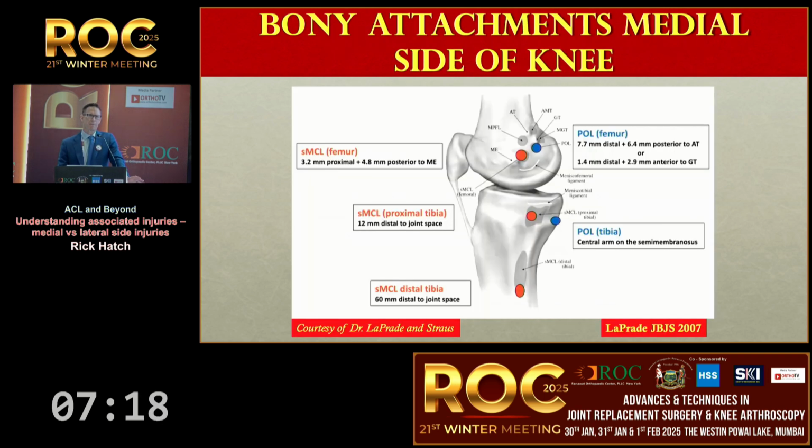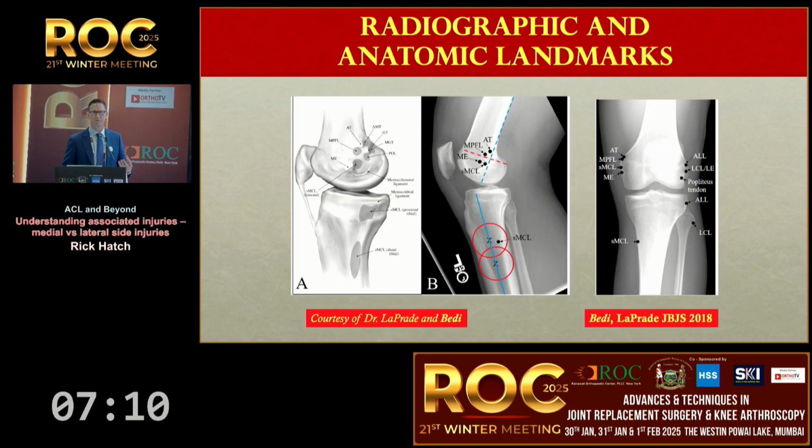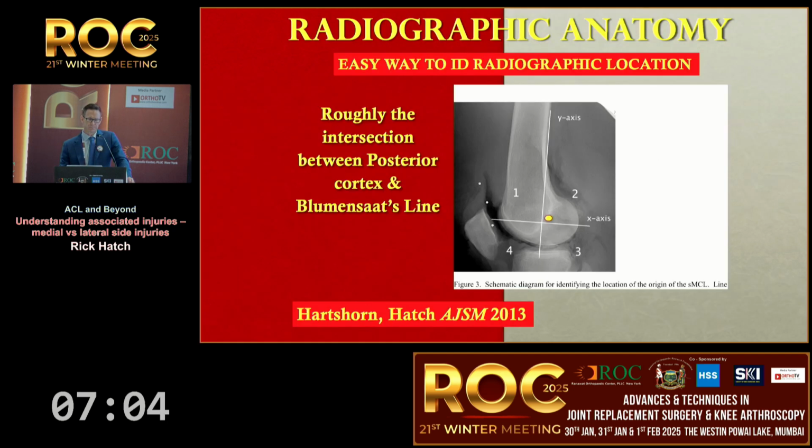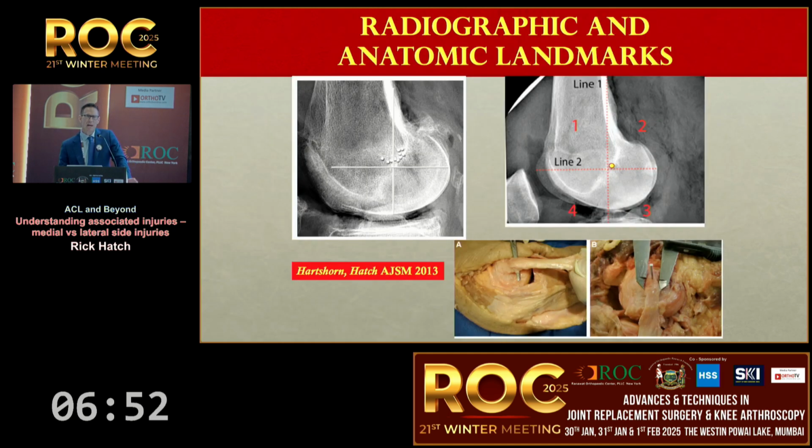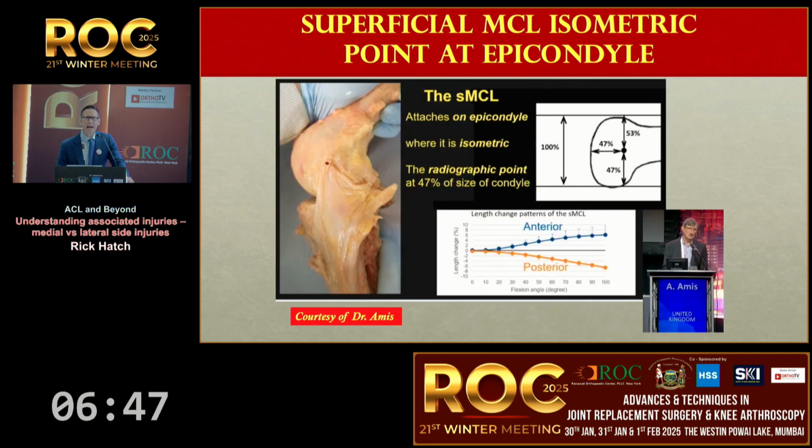So this is just something I make my residents and my fellows look at. This is something that LaPrade has published, just anatomic references to be used in the operating room. And I'm always using radiography when I'm doing these cases to really get the location of the MCL. We've published on this as well, roughly in line with the posterior margin of the femur. As it hits Blumensaat's line, you'll be in the general area of the superficial MCL. And the superficial MCL is actually a rather broad origin. And so really to get the isometric point, because there are different bands, you're going to put that graft more on the epicondyle, so a little bit more anterior than